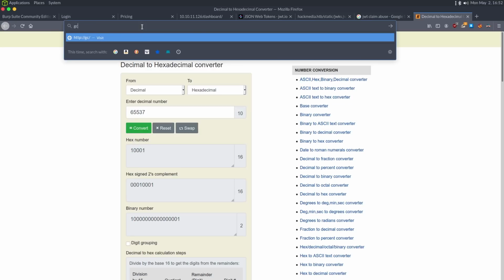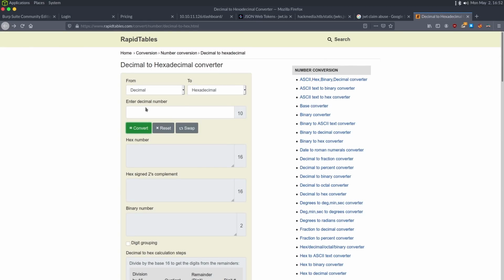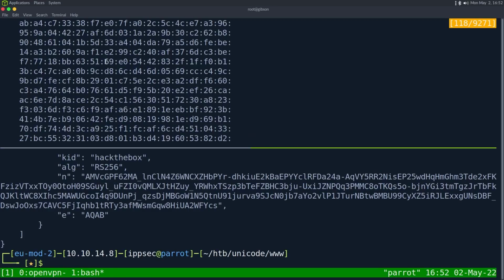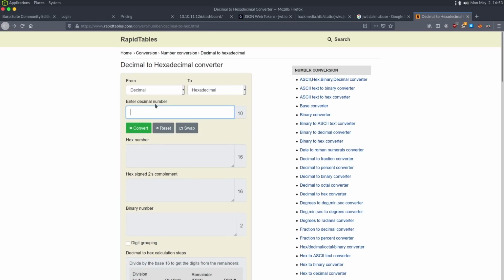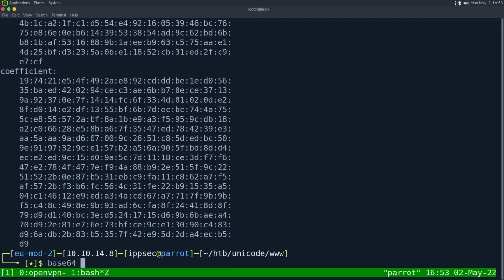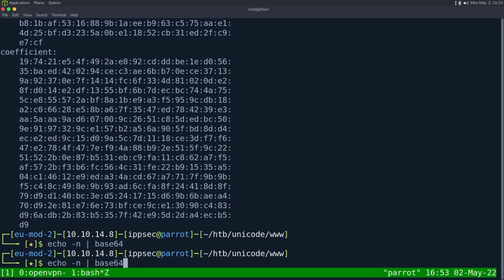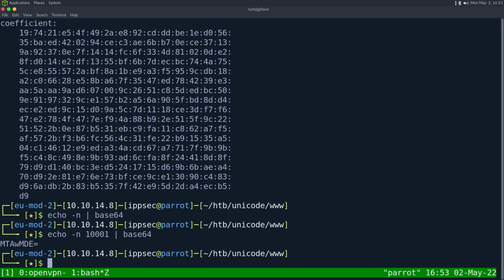Let's go to GCHQ CyberChef. Oh, that's probably base64. Let's try this real quick: 65537. Convert. If we base64 this, what do we get? Echo -n, base64. We get that. Let's see, 0x. If we convert this from hex out,